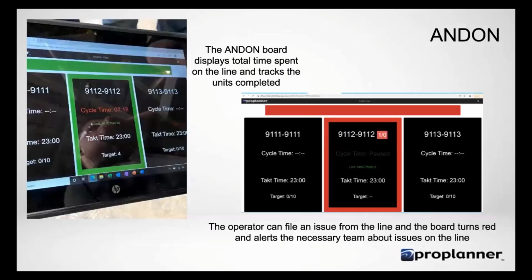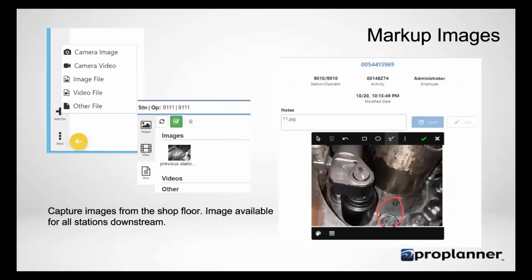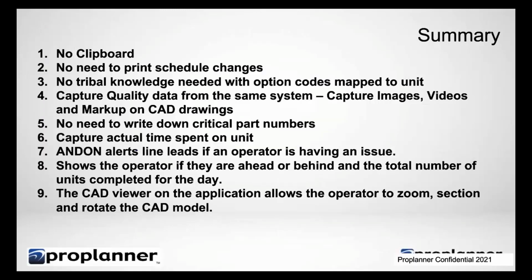Of course, the add-on that we talked about earlier. And then the last thing is the capture issues. This is a prior version of the application. Now it's a lot like what I just showed you earlier. So earlier you had to take the image, but now you can do a screen capture and start reporting the issues. So that's essentially all the features that we went down implementing for the Burlington implementation.